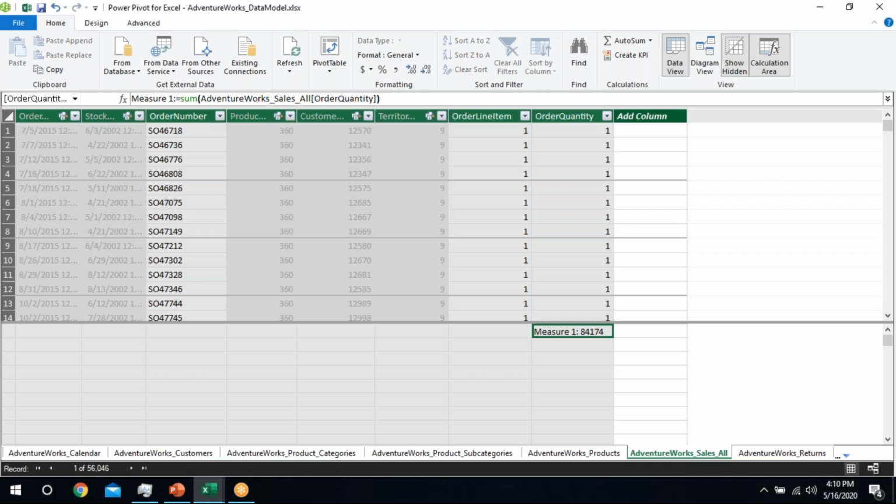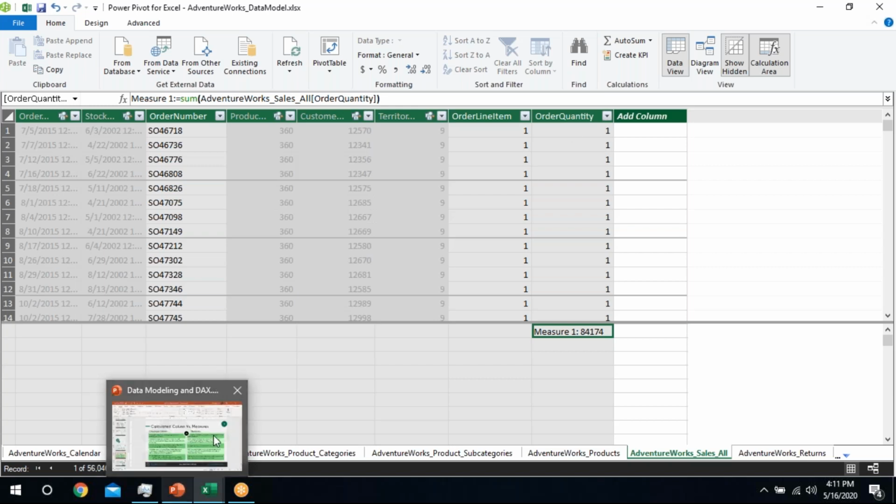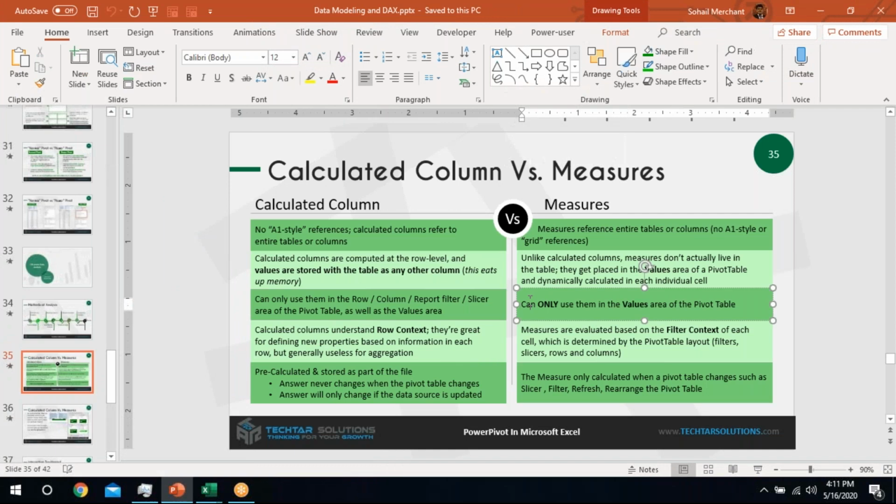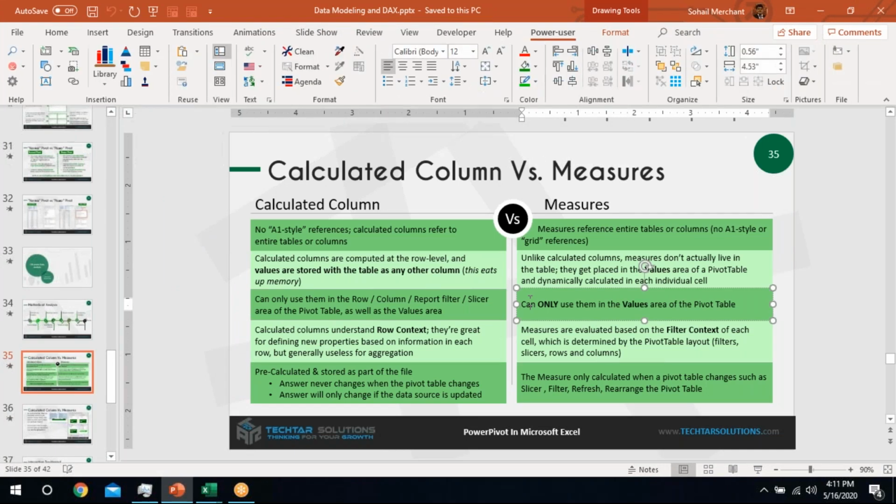right? So this is measure, calculate and give your result in a single cell, whereas calculated column gives your result in all of the rows for a particular column. That is known as row level calculation, and this is a measure that is single, that applies calculation for the whole area,